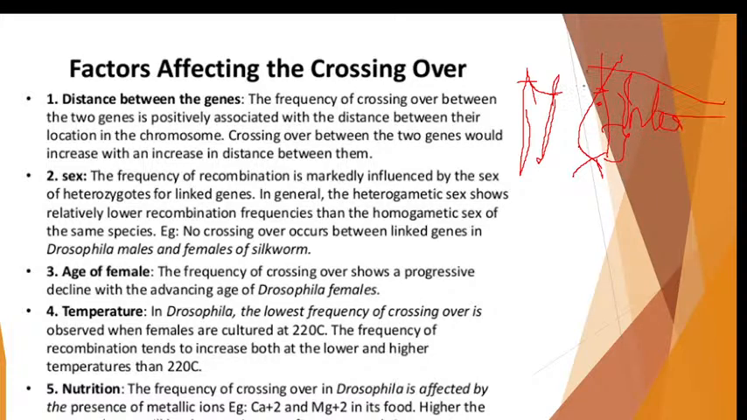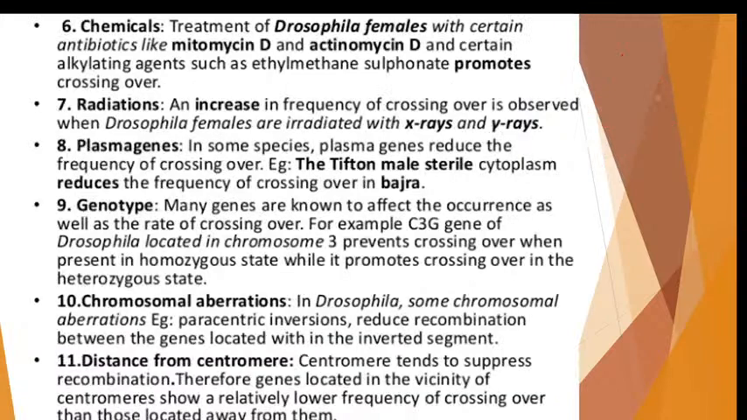The factors which affect it are the sex, the age of the female, then position of the genes, temperature, nutrition, etc. And the chemicals, of course, I have said these are the chemicals which affect, and the distance of the centromere, the radiations will affect the recombination, plasma genes, genotype, the chromosomal aberrations, and the distance from the centromere also affects the